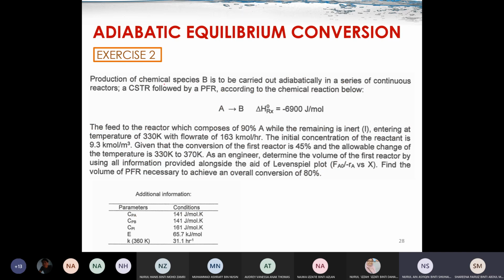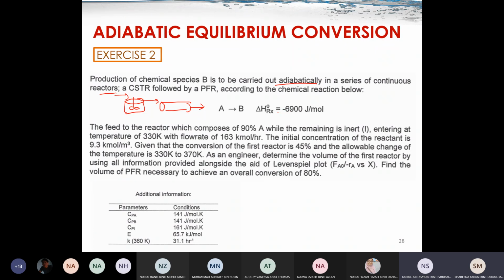Okay, so production of chemical species B is to be carried out adiabatically, in a series of continuous reactors, a CSTR followed by a PFR. Meaning that first we have a CSTR, connected with the PFR. So the reaction involves A to B, and given the heat of reaction, which is negative,